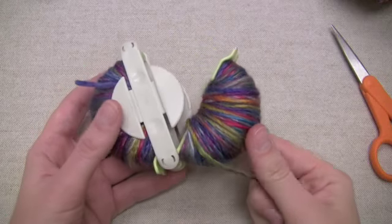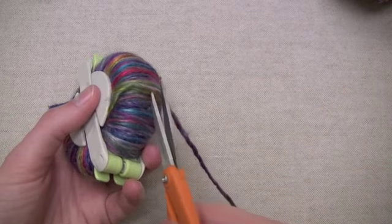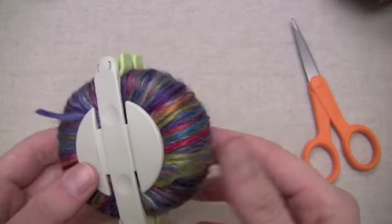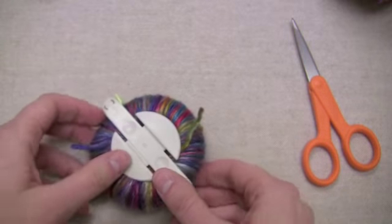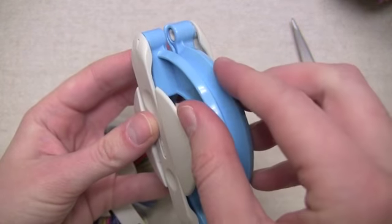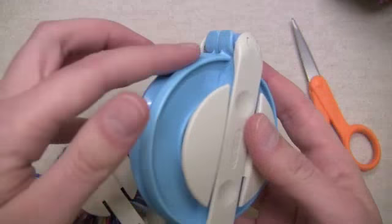Okay, so I finished wrapping the second side. I'm going to push it in and cut it. And the next step now is to cut all of the wrapping. And you want to do it on, if you look at an empty pom-pom maker, there's this channel that kind of runs between the two arches, and you use your scissors to kind of cut along that channel on both